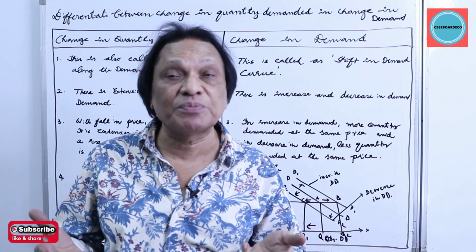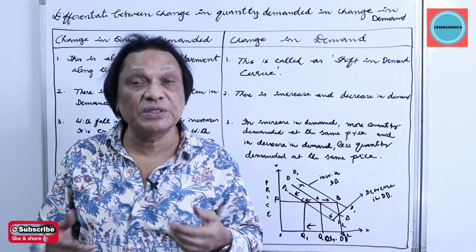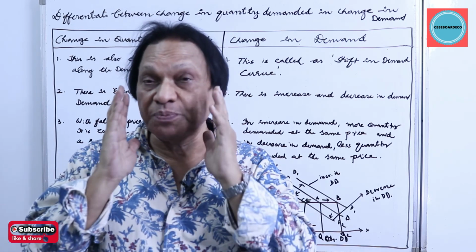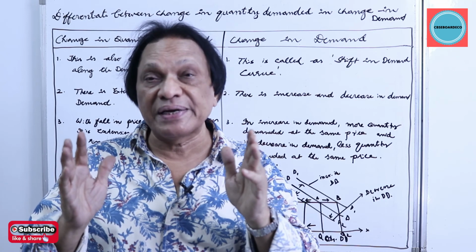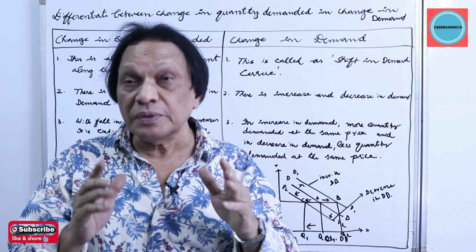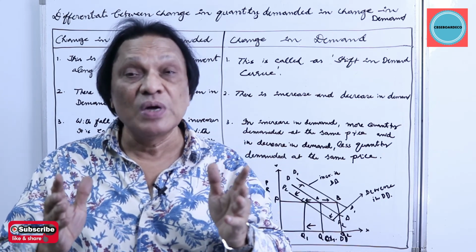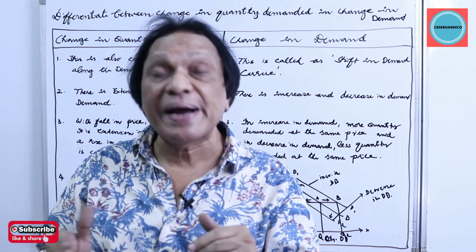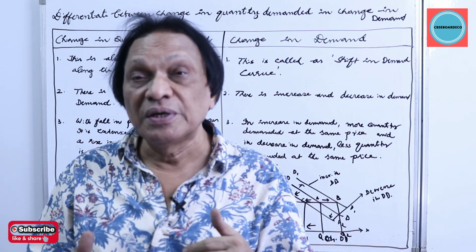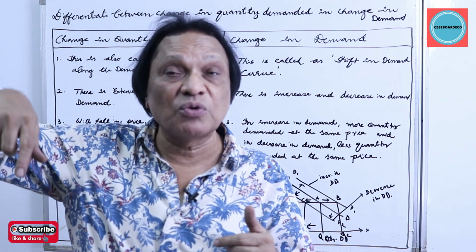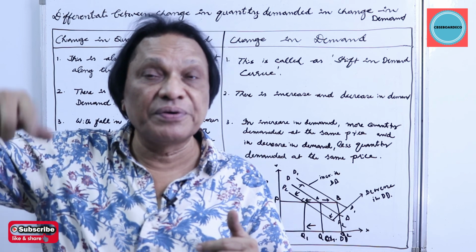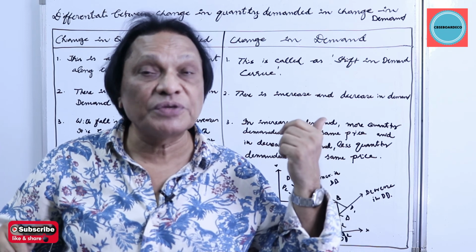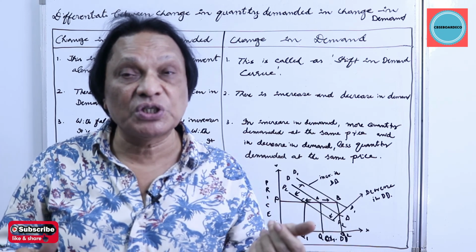So now this is called change in quantity demanded and change in demand, movements along the demand curve and shifts in demand curve. Just remember two simple points. Change in quantity demanded is called movement along the demand curve, which takes place purely because of changes in price. Change in demand is also called shifts in demand curve, which takes place because of other factors affecting demand, not because of changes in price. There are two movements here, upward and downward, one is extension and the other is contraction. There are two shifts here, rightward shift and leftward shift.